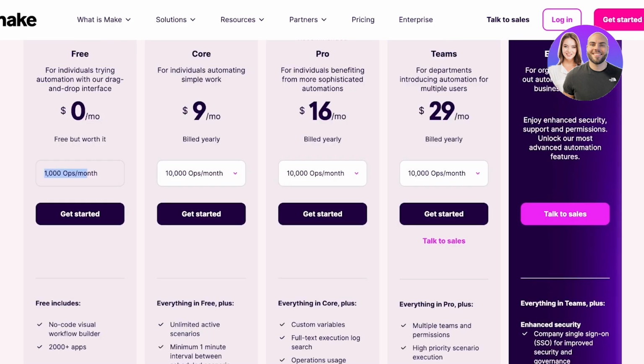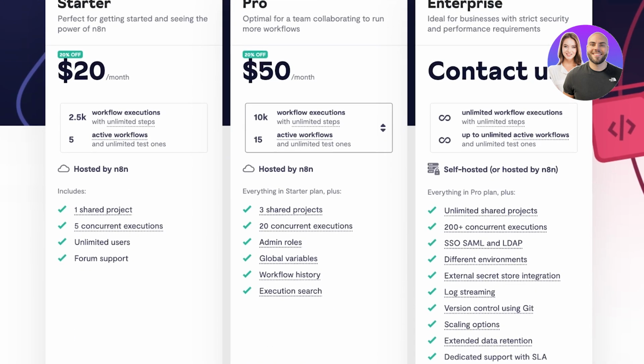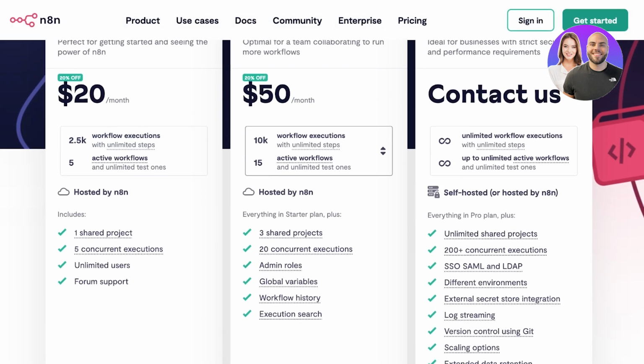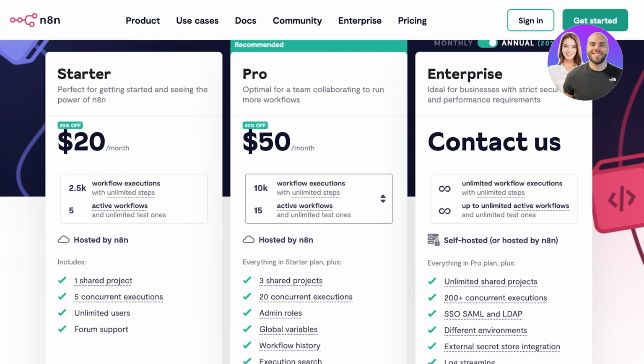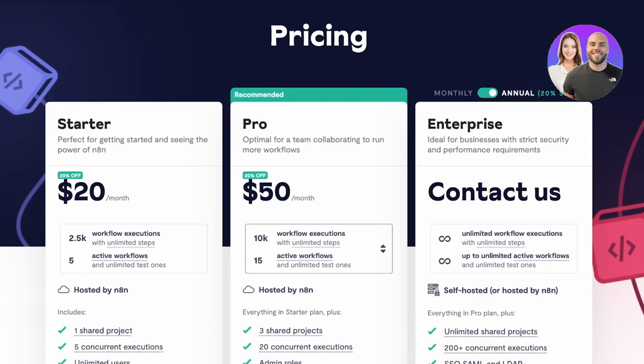execution. Then we have n8n. Now, the best part about using n8n is that it's free for self hosting, and cloud plans are available for competitive pricing, making it pretty attractive for cost conscious businesses. You guys can see that if you want to have n8n without self hosting, so it's for free if you're hosting it yourself, but if you don't want to opt for self hosting, you can get started at $20 a month on their annual plan and $24 on their monthly plan with 5 active workflows and 2.5 thousand workflow executions